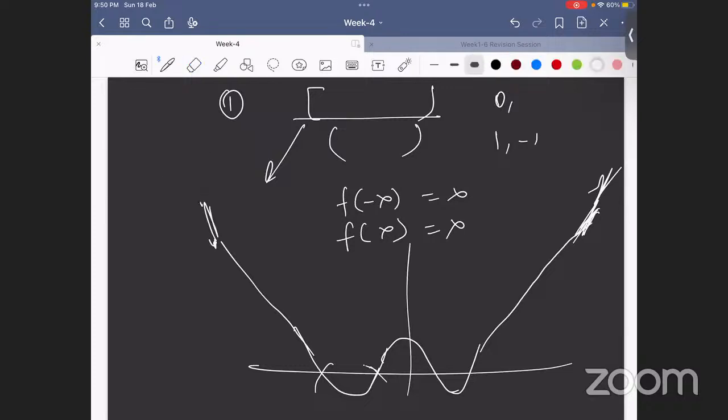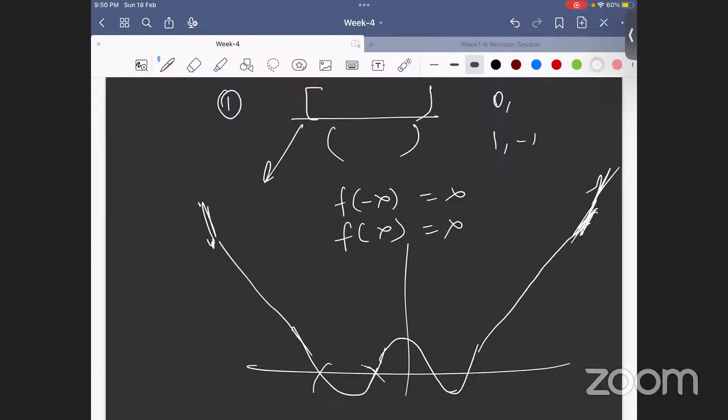Can this have an even number or odd number of roots? It needs an even number to bounce back, right? At least. Only a polynomial with even